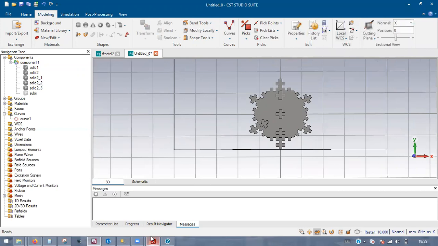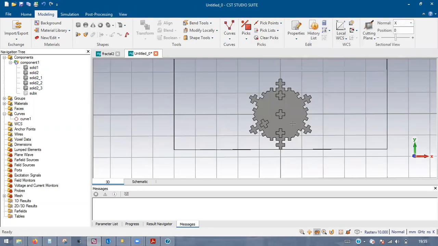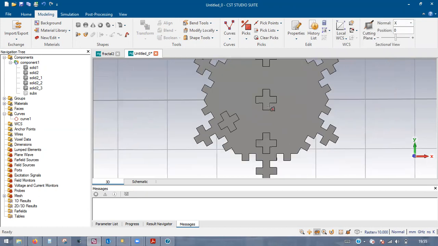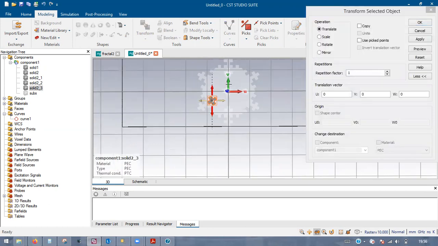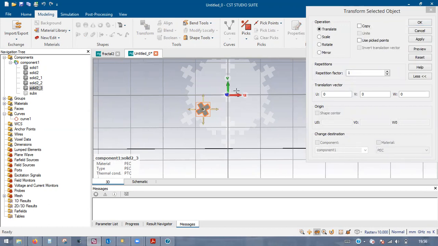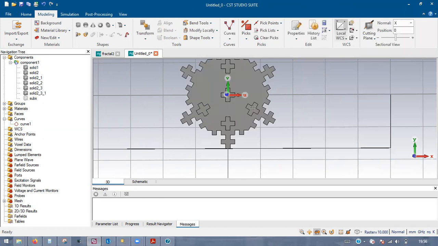So now same, if you see this paper, we have to create in all rest of the directions also. But yeah, easy way to do that is just select the center point, bring UW over there, then select whatever we have to copy. Now here, if we want, we can do the mirror image along U axis. So if you come here, just click here, click on the preview, click a copy of it, then click on OK. You can see both is been created.